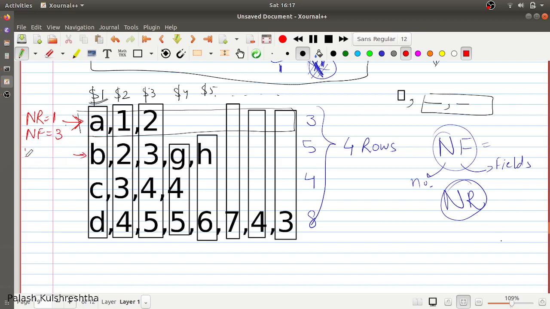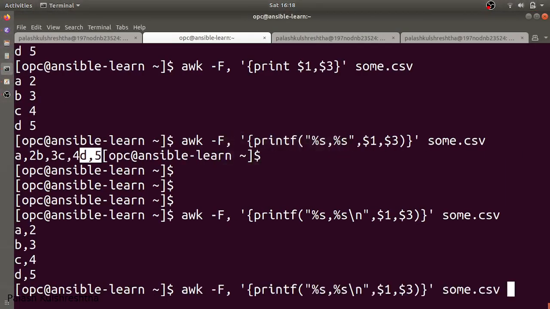For this row, NR is 2 and NF is equal to 5, sorry. Similarly, it is going to do this on the remaining rows. So awk basically works line by line and executes the piece of code that you have given it. For example, let's see the output.